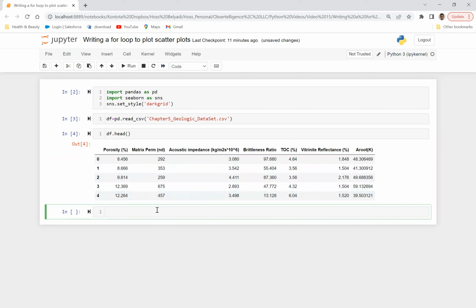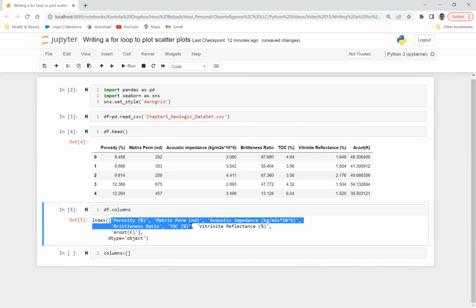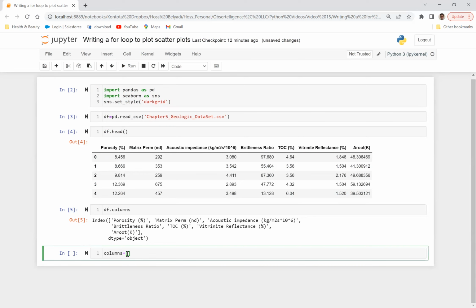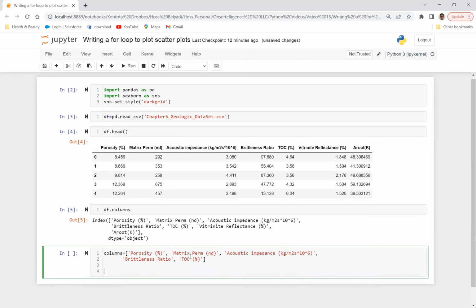So let's say I want to get the names of the columns. These are the names of the columns. And what I want to do first is say columns is equal to a list, and I'm going to pick some of the parameters that I want to include in my scatter plot. If you don't want to include everything, you can just pick and choose. Let's just say I want just these parameters included in my scatter plot when I go through the for loop. If you want all the parameters, you can just say df.columns inside your for loop. But in this case, I'm just interested in these particular columns: porosity, matrix perm,